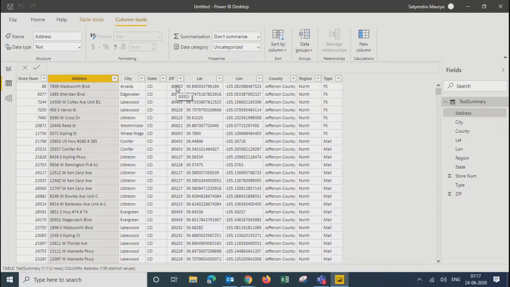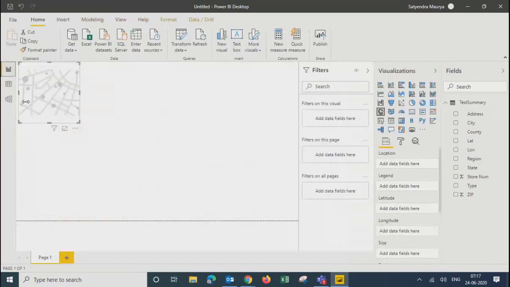Right. Now, as I said, we'll talk about all three: parameter, filter, and slicers. Your filter you will apply only in the filter pane. Over there, you have three options: filter on this visual, filter on this page, and filter on all the pages.